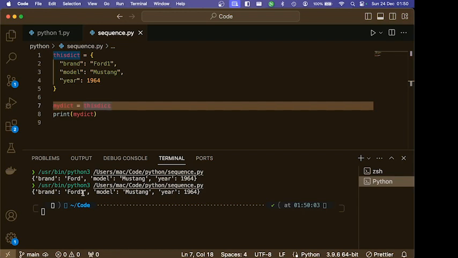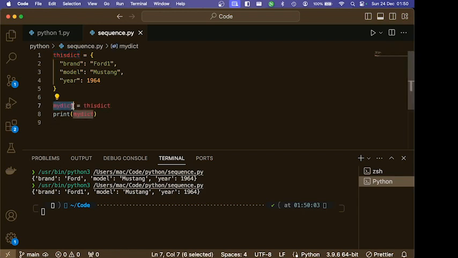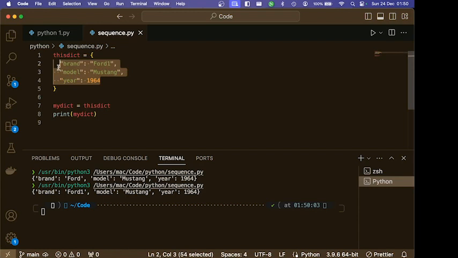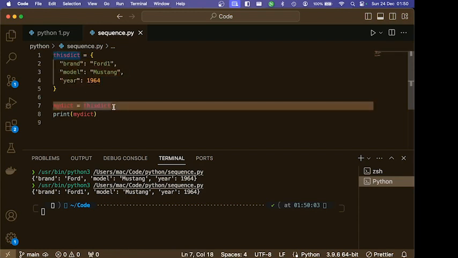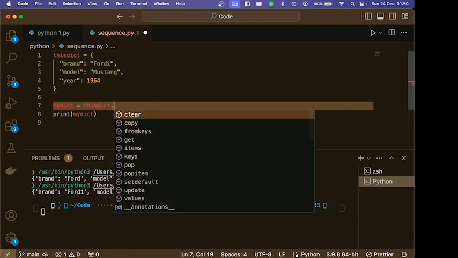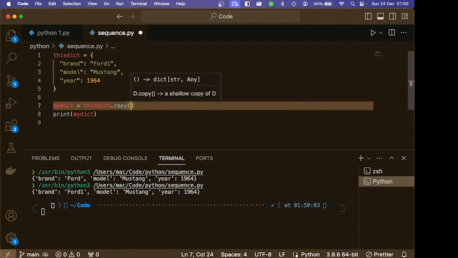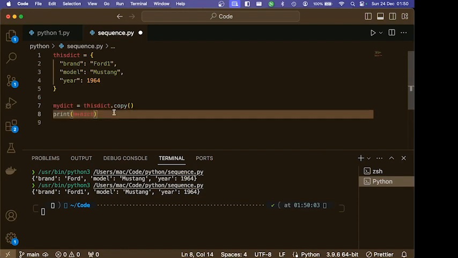But using the equal operator, both dictionaries are going to reference the same position of these items in your memory. So you don't want that. You want different instances of it, yeah? So you have to run the dot copy method on the dictionary and have a different instance